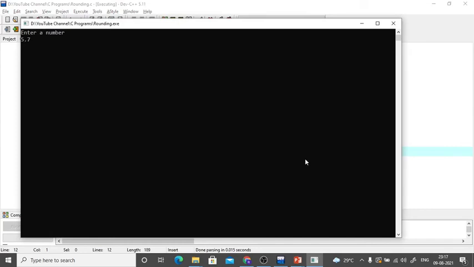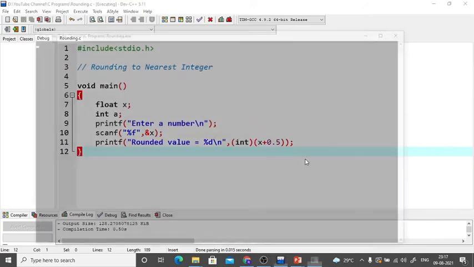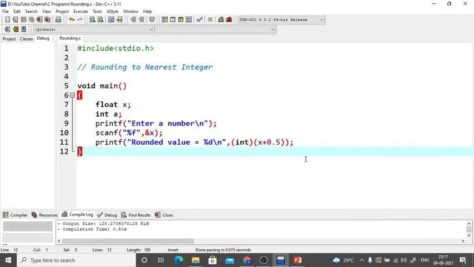So 5.7, yeah, it's rounding it to 6, and if it is 5.2, yeah, it is going down to 5. Now what is happening, you might have understood by now. Whenever I add that 0.5 to 5.7, it crosses the next integer, that is, it becomes 6.2.